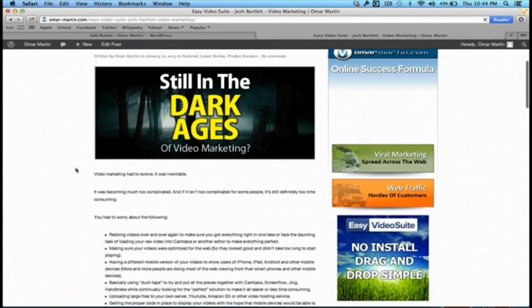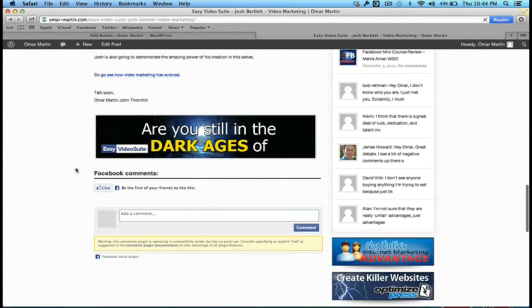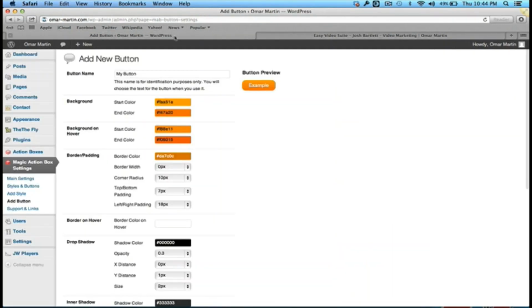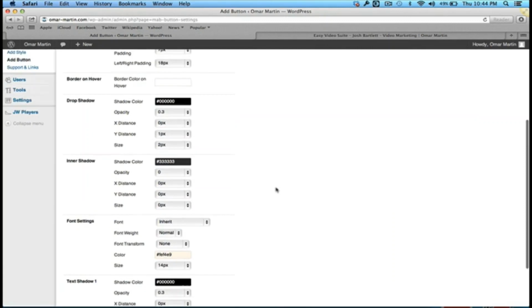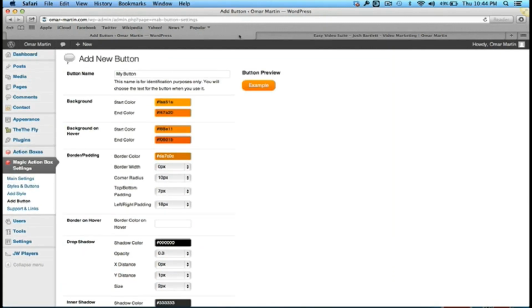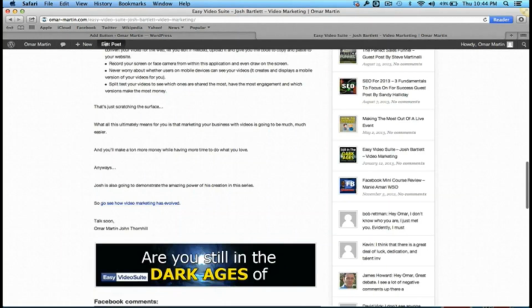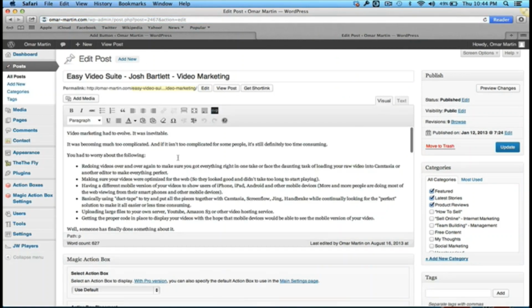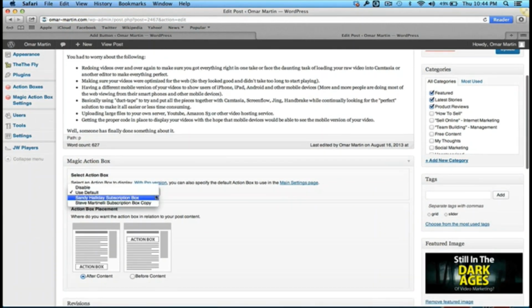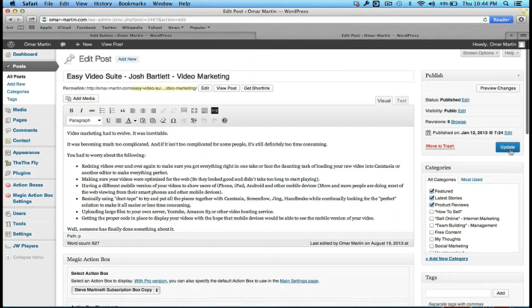And I think you need to have a style for it to add it. Yeah, I don't have a style for it, so it's not adding it. So that was a bad example to make. Let me go and edit the post, and I'm going to select a different one, one that I've already created a style for. So I'm going to select Steve Martinelli's subscription. Now, even though he didn't write this post, I'm going to click update,